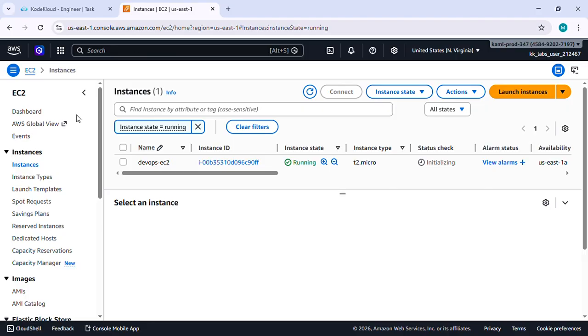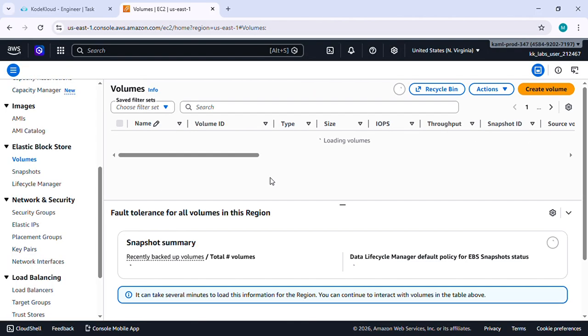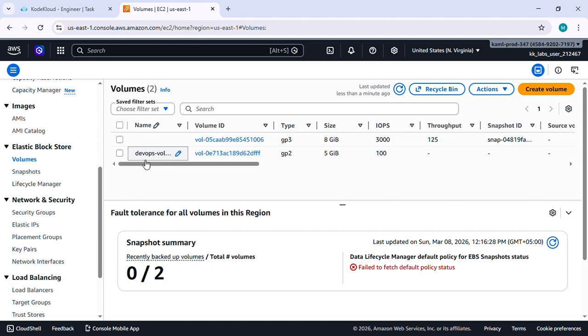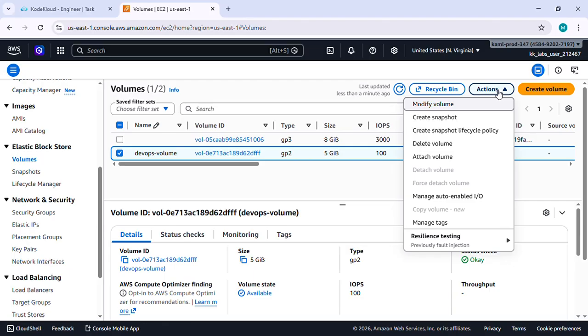So let's verify this volume exists. Go to volumes, and as you can see there is a volume named DevOps volume which is of type gp2. So it means it is an EBS, Elastic Block Store, volume of 5 GB. So select this, click on actions and click on attach volume,